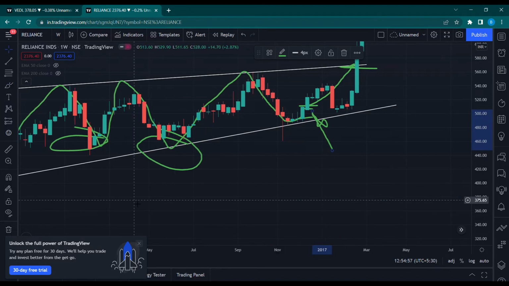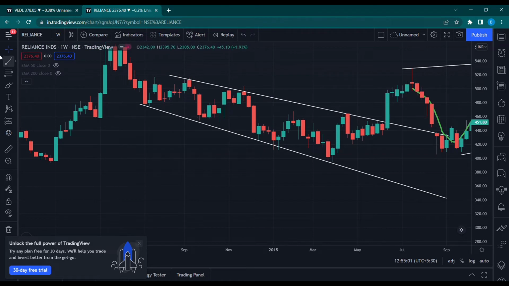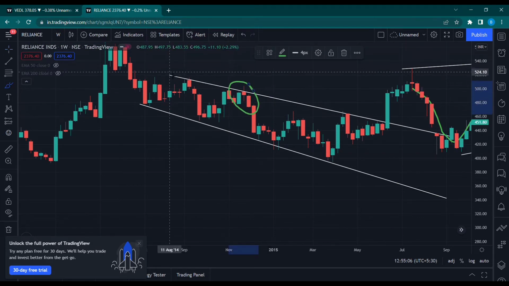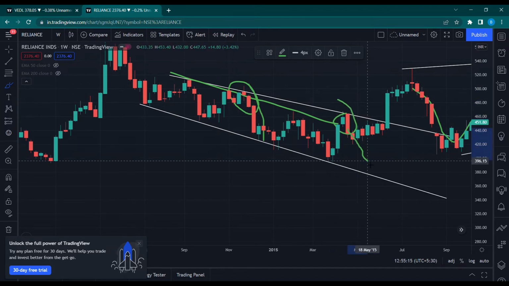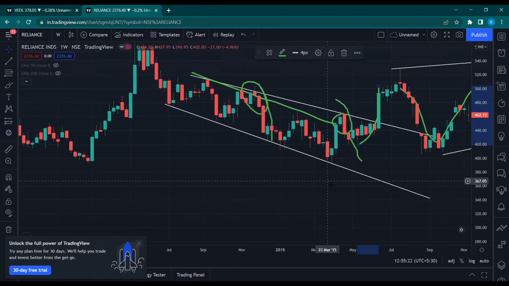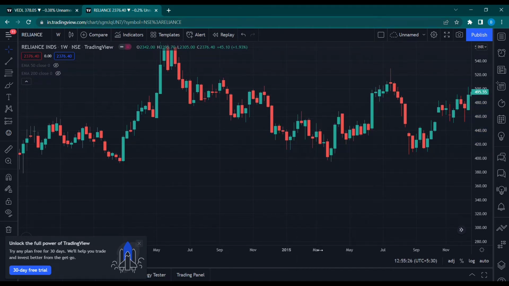So if I have to talk about, say for example, here you see what? You see some kind of an evening star forming at the resistance trend line, and then it is going down, right? So that is the basic understanding. You see one bearish engulfing forming, you go for a short side trade, it does not work, it goes up, right? So trades might fail, no worries, right? Nothing works with 100% accuracy in the real market, right?